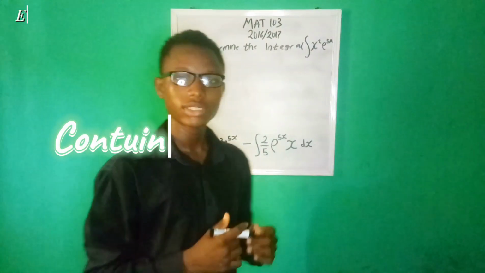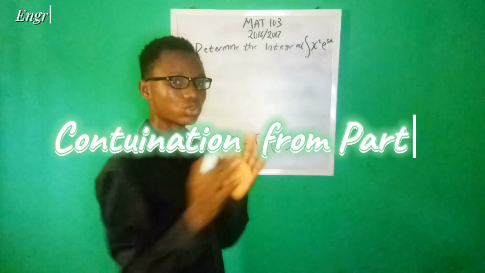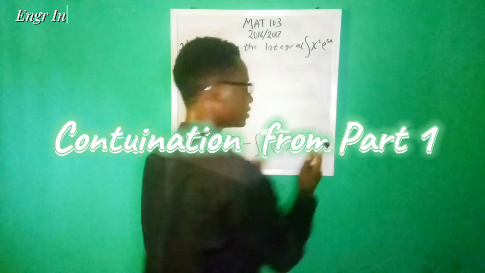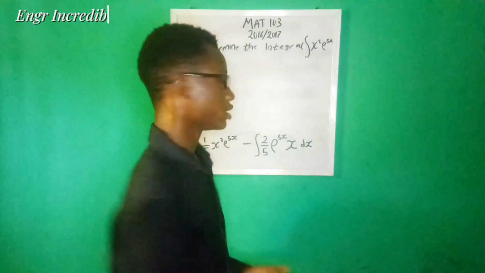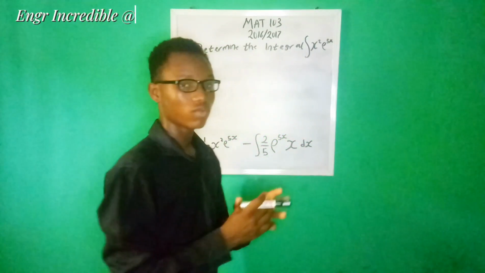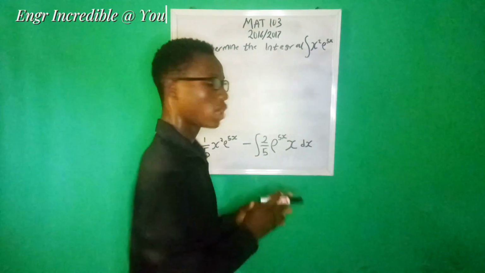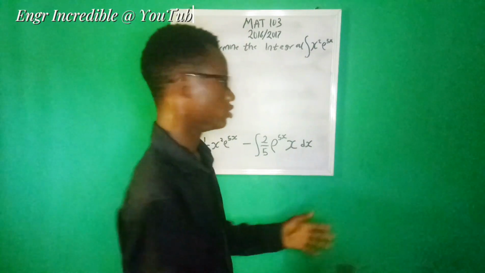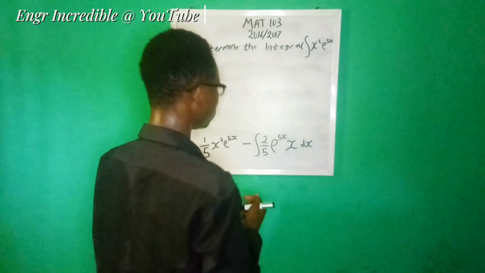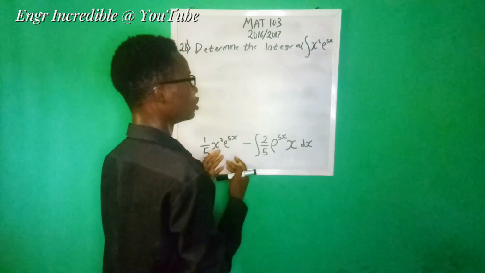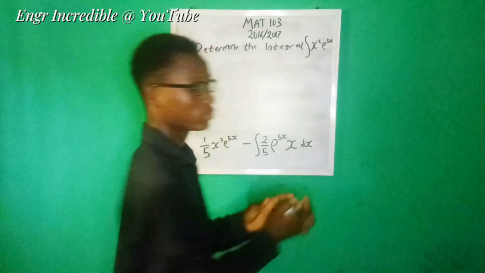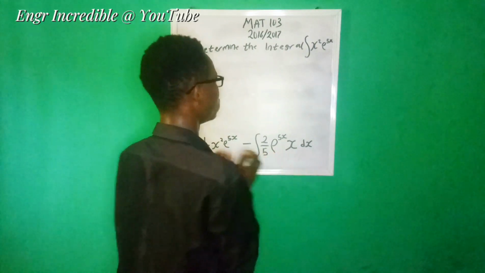So now, getting to this junction, we are going to have to integrate this part all over again. From here, we are going to make one u and we are going to make the other one dv. So let's make this one u and let's make this one dv. So that means